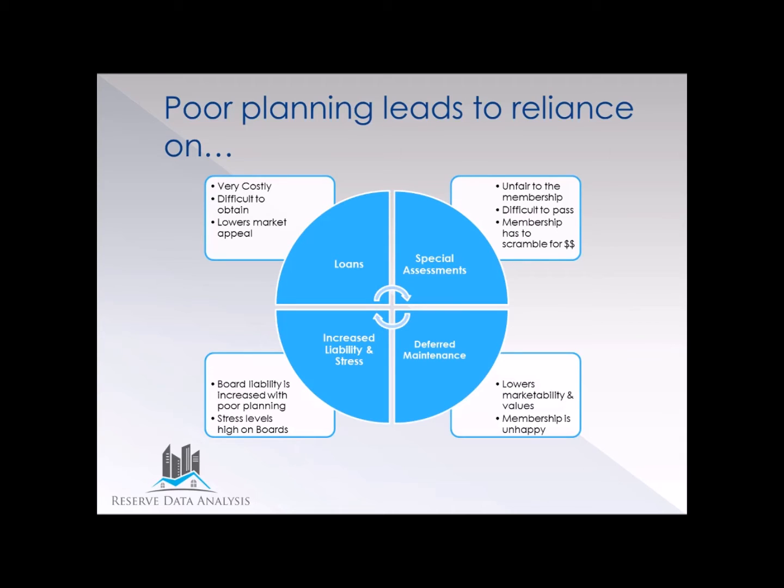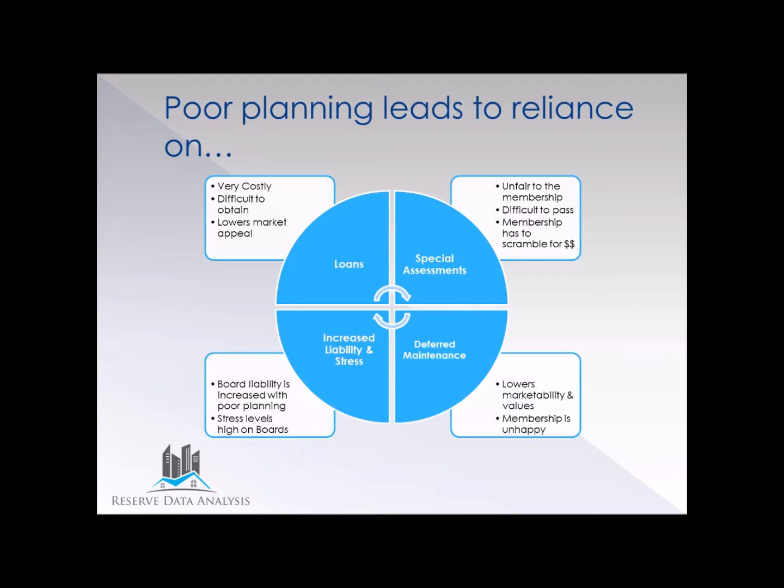It's not any individual's money. It's a community as a whole, to make sure you're making sound financial decisions for that community. That's why you've been elected to the board. And lastly, loans. Like I said, they're very difficult to secure, and we never suggest communities relying on that for